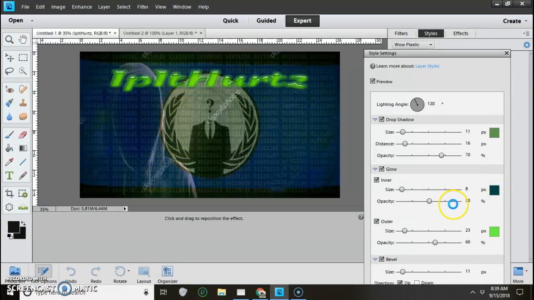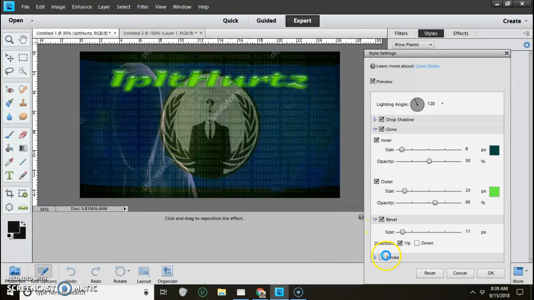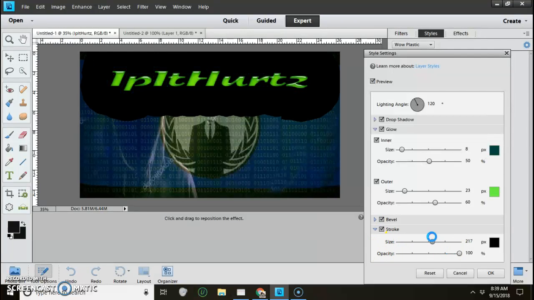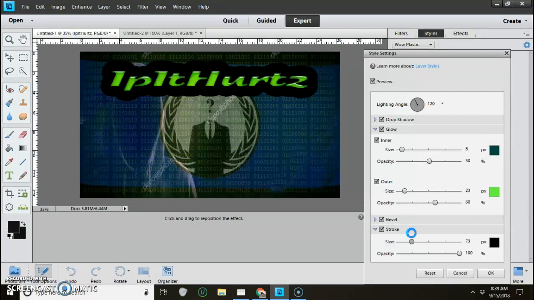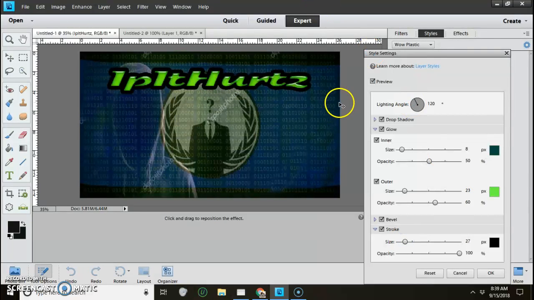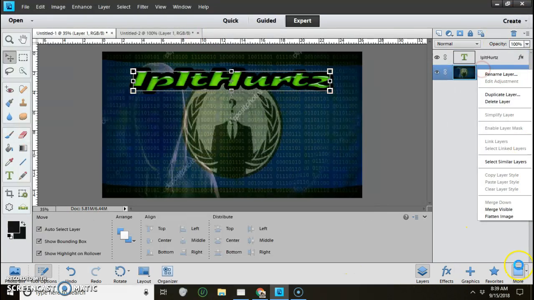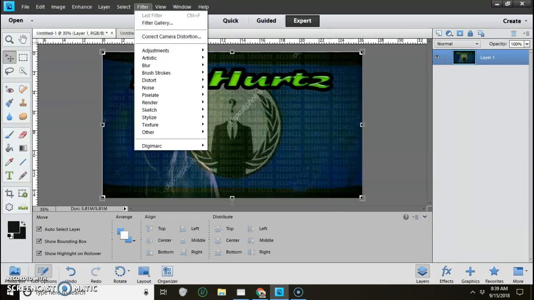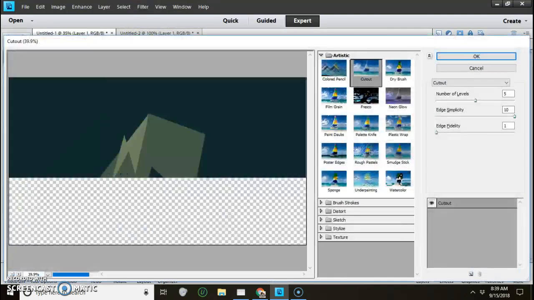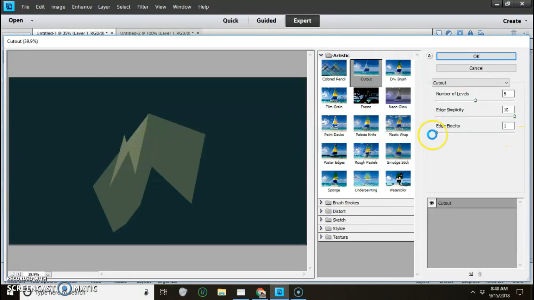And usually what I'll do is put these up, so get them to the bottom. I'll go ahead and add a stroke to it, see what I mean. Alright, now what I'm going to do is just merge layers, and just see if any filters make this thing look alright. Of course that one wouldn't, but